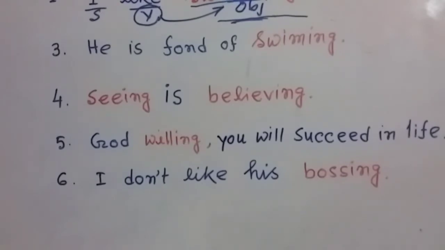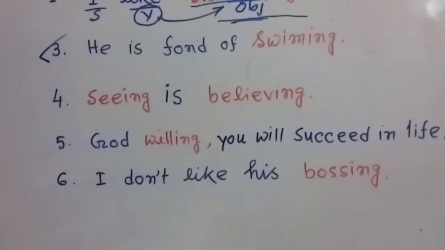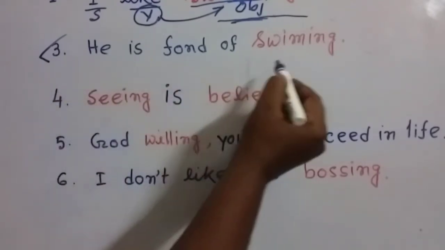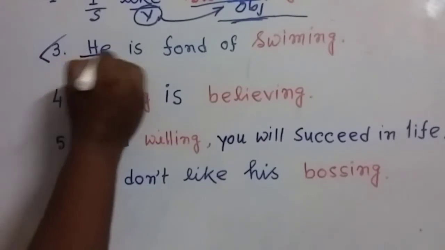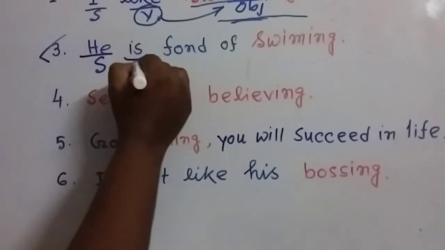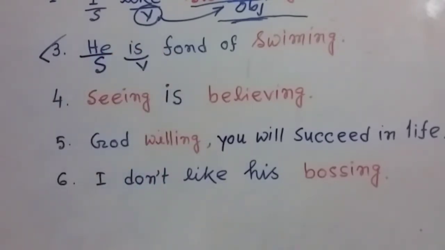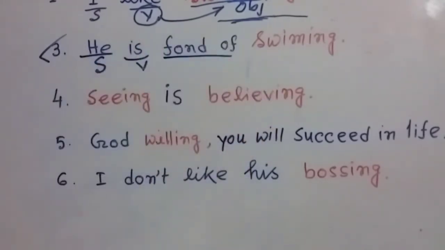Now, my dear friends, let's think about the third one. We have written, he is fond of swimming. He is fond of swimming. So this is the subject, this is the verb, and here you can see he is fond of, then swimming. Here in this sentence, my dear friends,